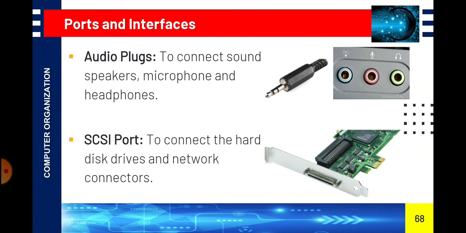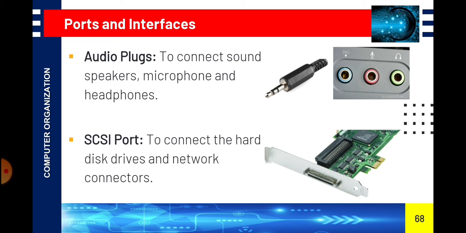In the audio jack, we can see there are three different colored circle pins. These pins are used to connect audio devices, that is, a microphone, speaker or any other audio device can be connected through this port. The audio jack plugs in sound speakers, microphones and headphones. Nowadays we are using only internet classes. In your internet classes everyone is wearing headphones to hear the voice. That headphone is also connected to this port to hear the voice output.